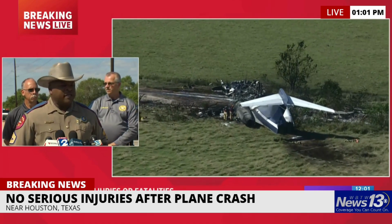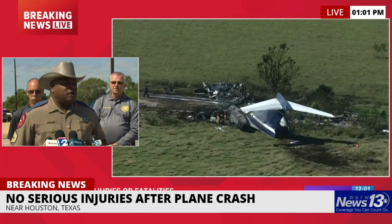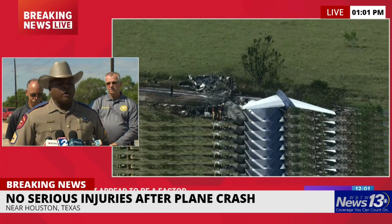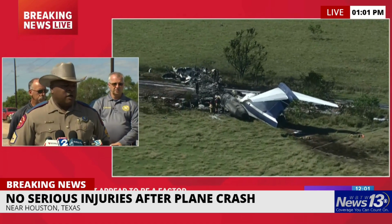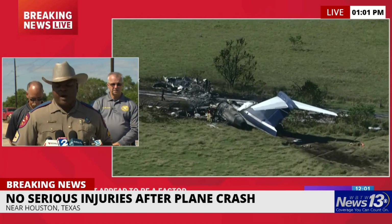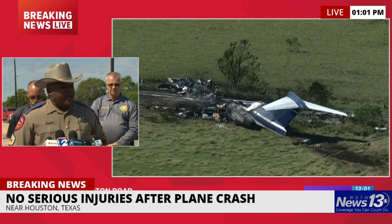Once we arrived on scene, of course, we observed the plane in its state engulfed, and we were advised that all individuals on board the plane, all 18 passengers and 13 crew members, survived. At this time, we're getting reports that 2 individuals were transported to the hospital for their injuries, and this plane